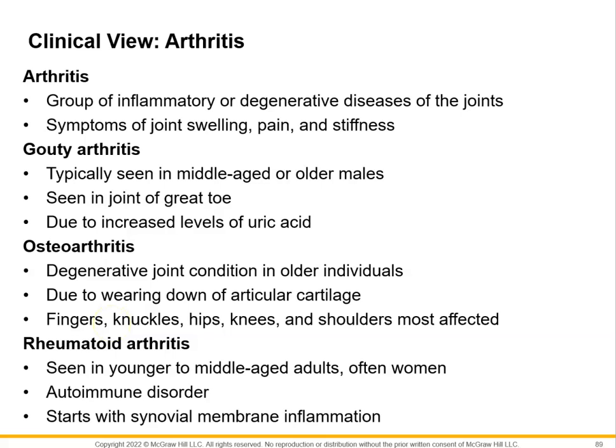Okay, I know I just said that there are two types of arthritis, but I should make mention of the third type, gouty arthritis. This is typically seen in middle-aged or older males. It's usually seen in the joint of the great toe, and it's due to increased levels of uric acid. Often this is due to the influence of the diet, so large amounts of red meat, red wine, things like that can increase uric acid levels, but it can also be due to decreased clearance of uric acid through the